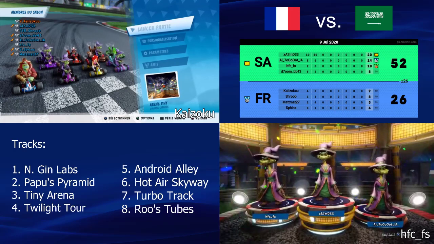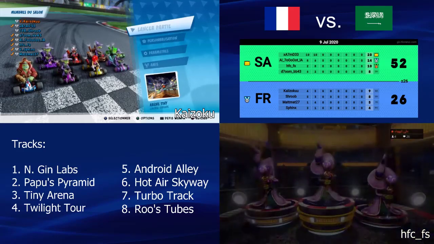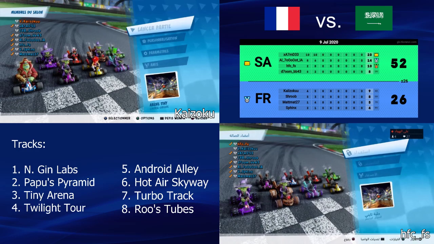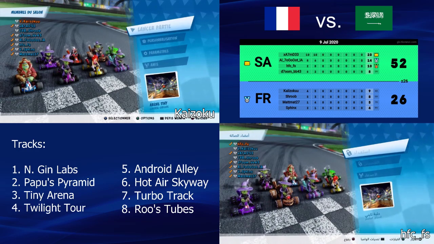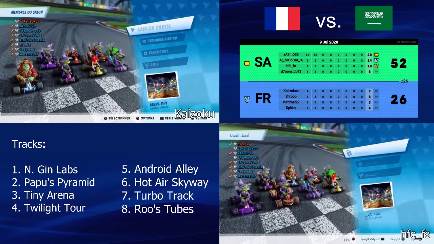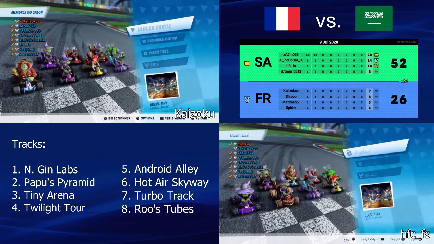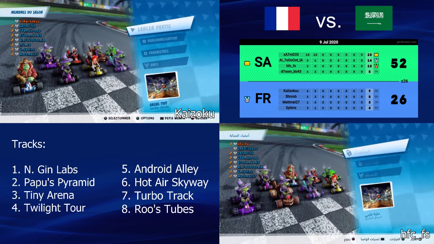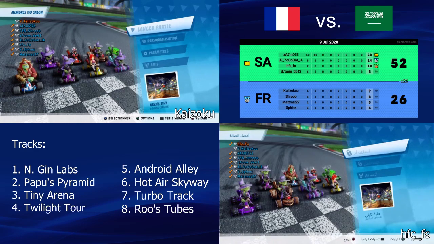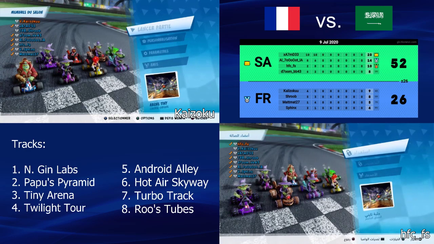Okay, Tiny Arena, very strong track for the Arabs. Yeah, I would definitely give the favor to the Saudi Arabian team here. They are pretty good players on Tiny Arena, but then again, it's not just how good you are on the track, but it's also, of course, the items that you roll. I would imagine that HFC will try to go wide here at the start to fish for an item, simply because I've never really seen HFC time trial Tiny Arena. I don't think it's one of his strongest tracks.